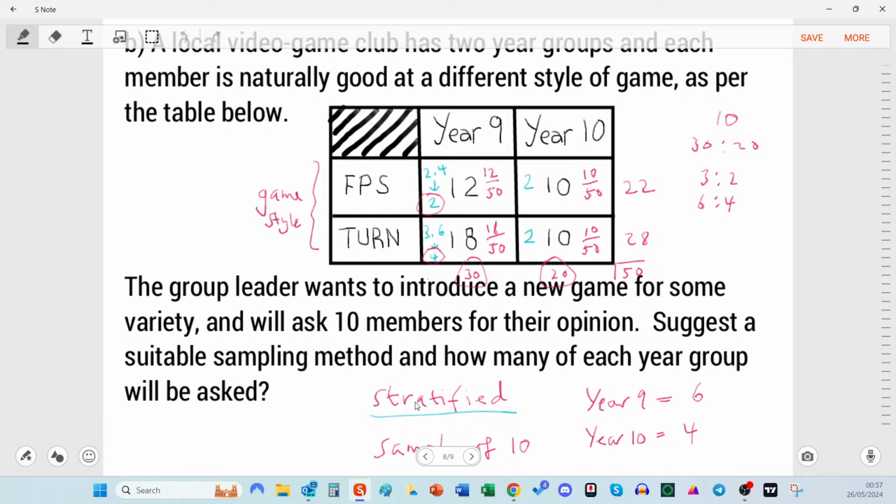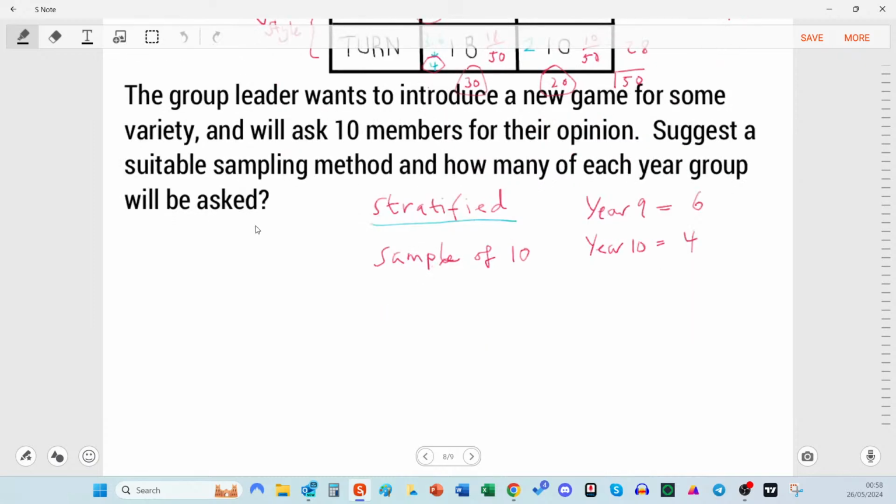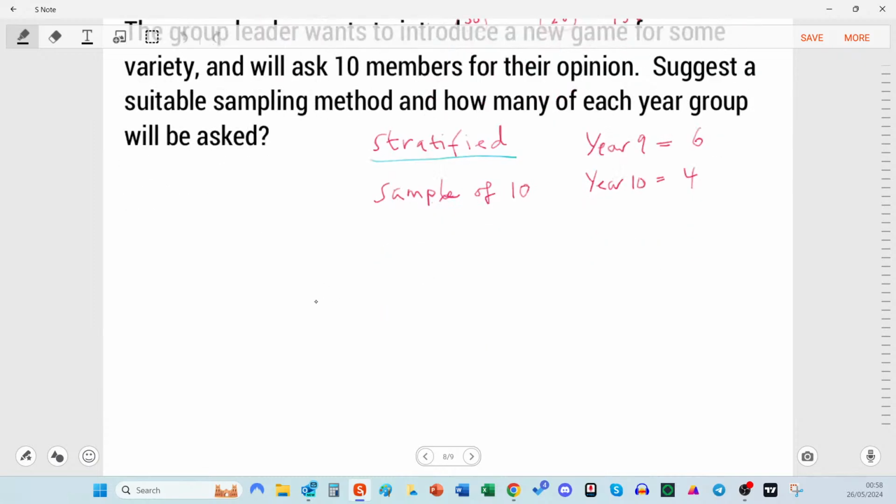more useful ones. It's clearly biased in a way because at this level you are defining groups within the population and you're saying that those groups are different enough that we need a representation. How do we pick the people? Well, once we decided that we want 2 people from year 9 in the FPS, those 2 people get picked at random. And there are different methods for picking at random, but if you're ever in the exam